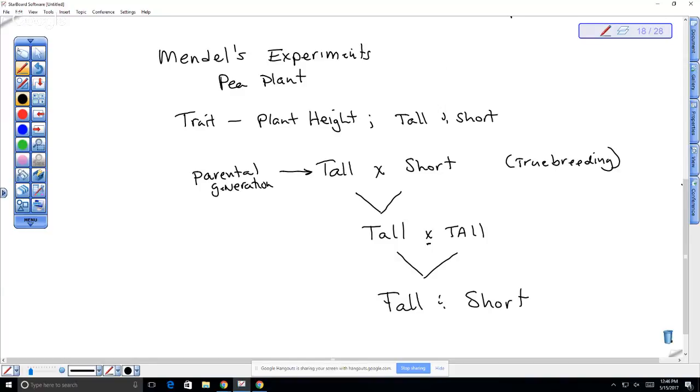If I do it for short, I will always get short plants, right? So the offspring that are produced, this is called filial 1, so it's F1, filial means offspring. F1 generation, right? These are hybrids,